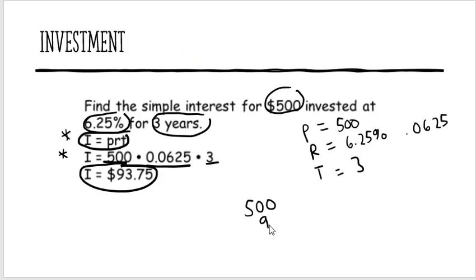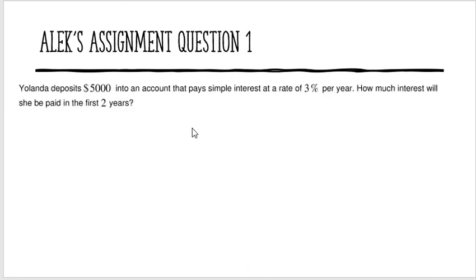Okay, so if it was a $500 investment and the interest earned was $93.75, that means that the total amount in the account is now $593.75. Okay, so now I'm going to show you how to do some of the ones that you're going to see on your ALEKS assignment. This is just like